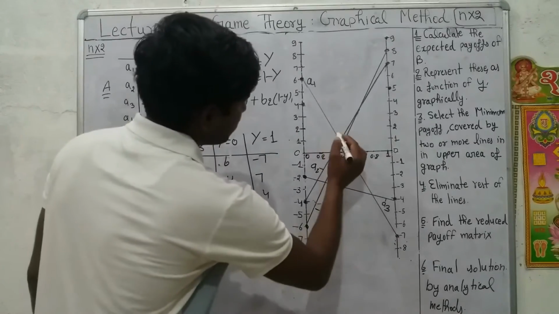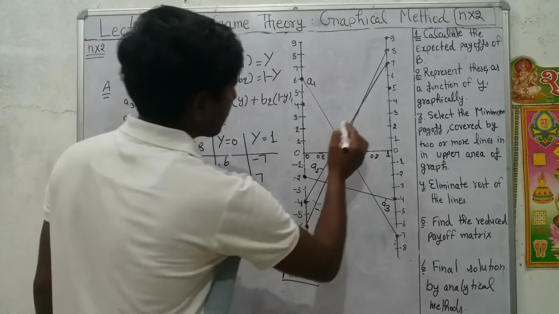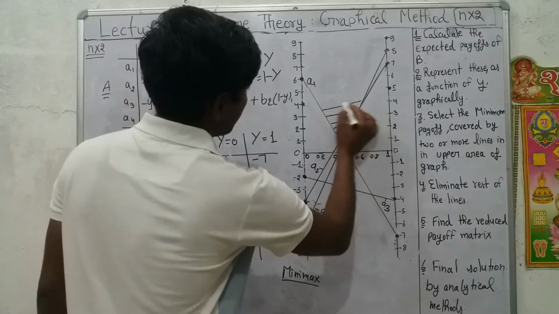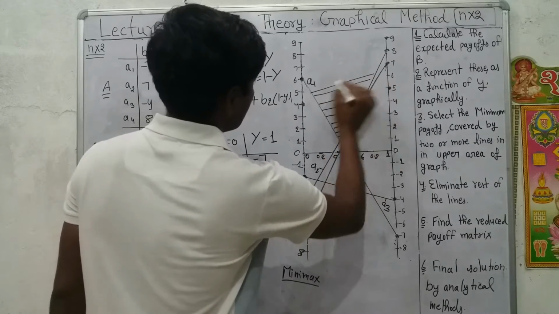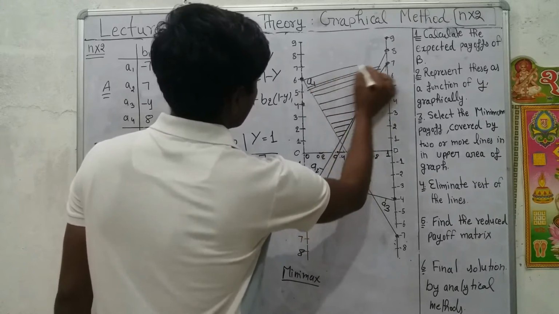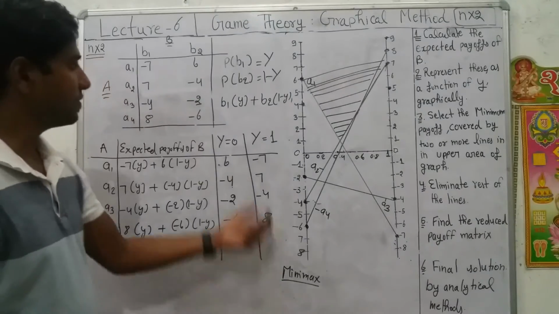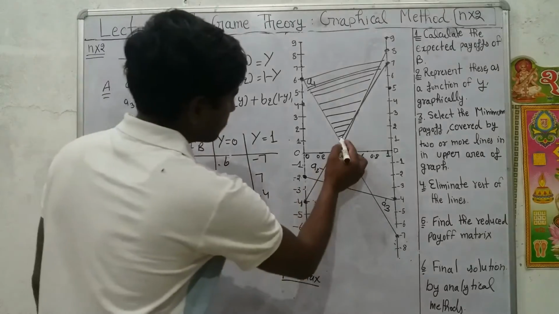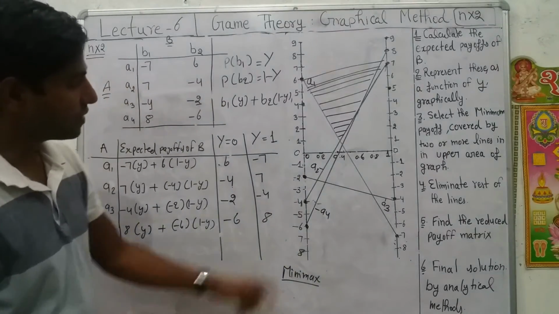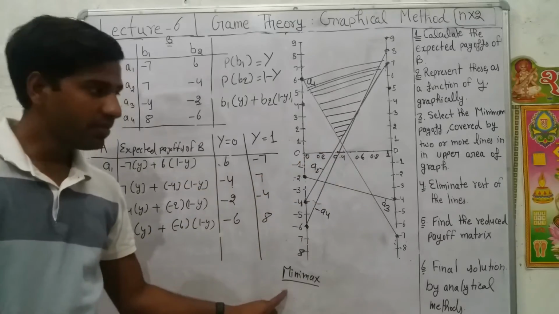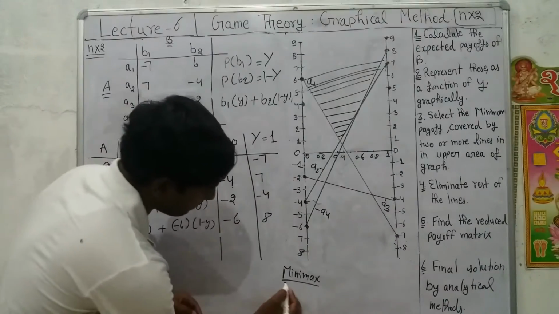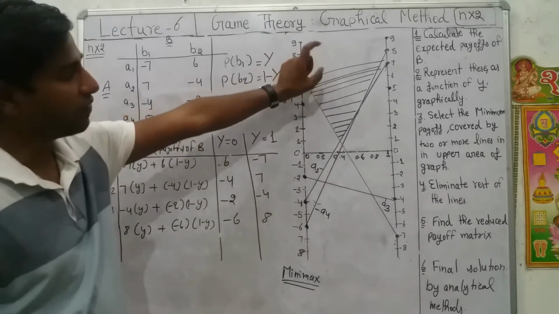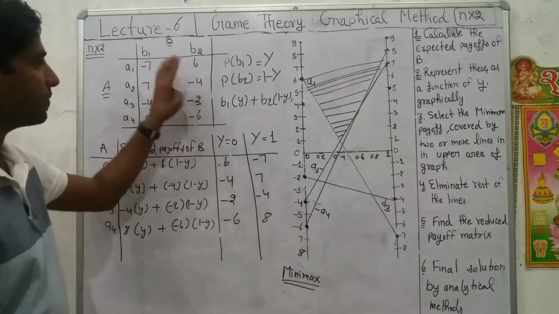So in this question particularly, this area would represent all the maximum values or maximum payoffs for company B. And what would be the minimum value? Remember that the principle is minimax type. First we need to find the maximum values. So the upper area of this graph would represent the maximum values for company B.